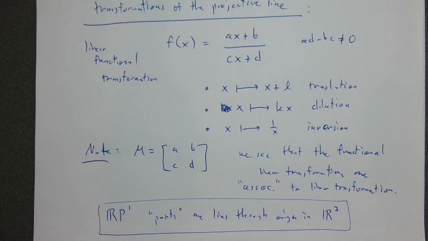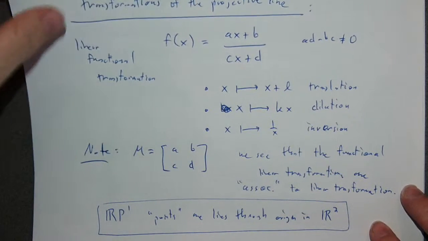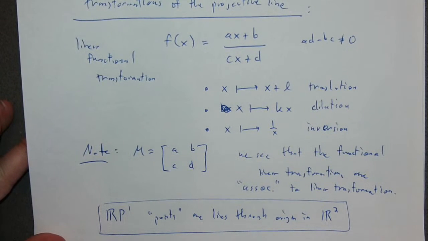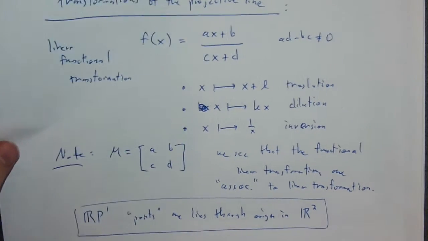So we could think of RP1 as a collection of points where our points are lines through the origin in R2, right? In the same way that we defined RP2 to be lines through the origin in R3. Okay, so if we do that, I believe we actually did this construction previously, but to see how this works, now